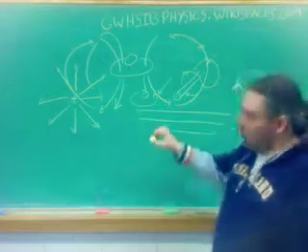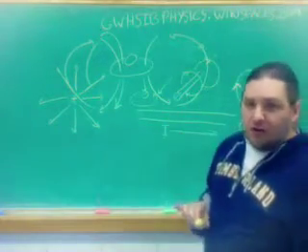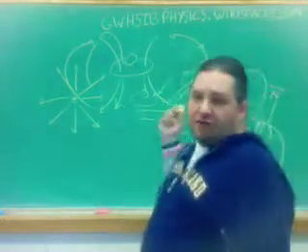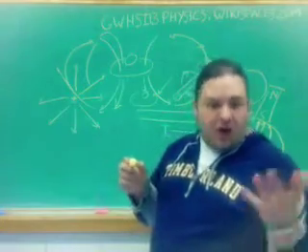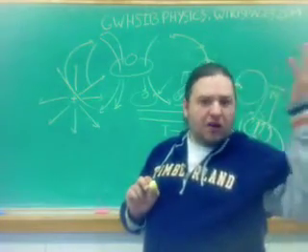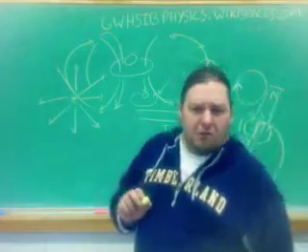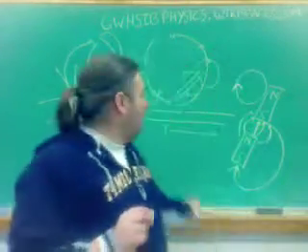Now, if you get a whole bunch of those with about the same spin orientation, you create what's known as ferromagnetism. You get iron, cobalt, and nickel. Those are, I think, the three primary ferromagnetic materials. And all that is because